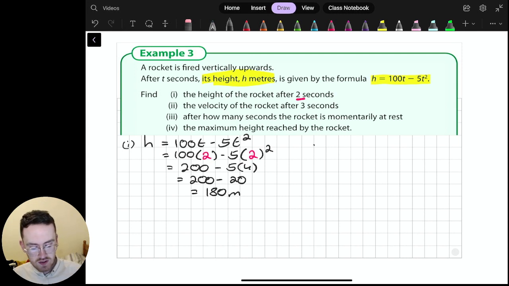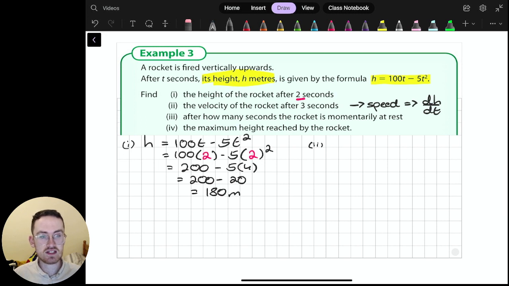Okay, part 2 says velocity. And velocity, what we need to remember is that velocity is going to behave the same way as speed. And we've said that speed is ds dt, the first derivative. Velocity, again, is the first derivative. It's dh dt. You need to learn that off. Velocity is the first derivative. So dh dt. So finding dh dt,